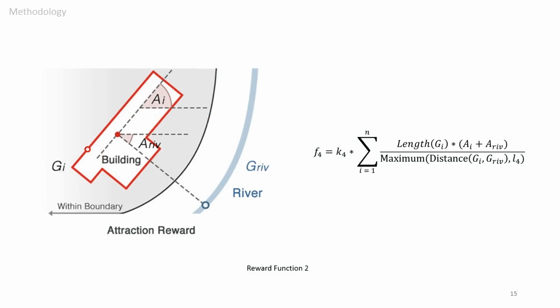Also, an attraction reward was built, representing the landscape value in the site for each building. The system will find the closest point from the curve of the river to the center point of the building and calculate the distance between the 2 points. Then the angle between the normal of the river at that point and world vector x will be figured out